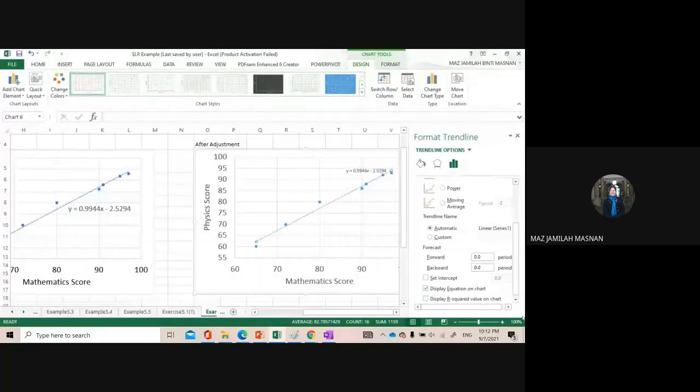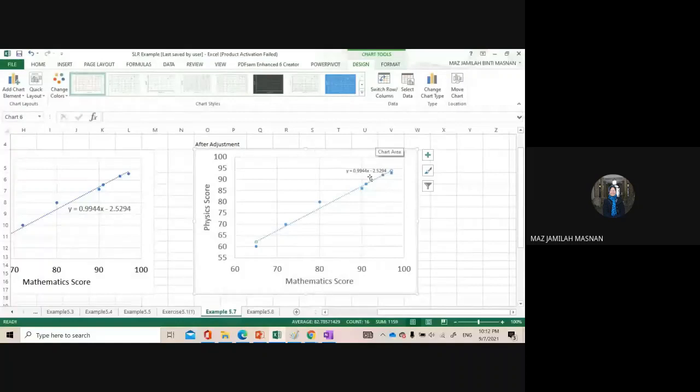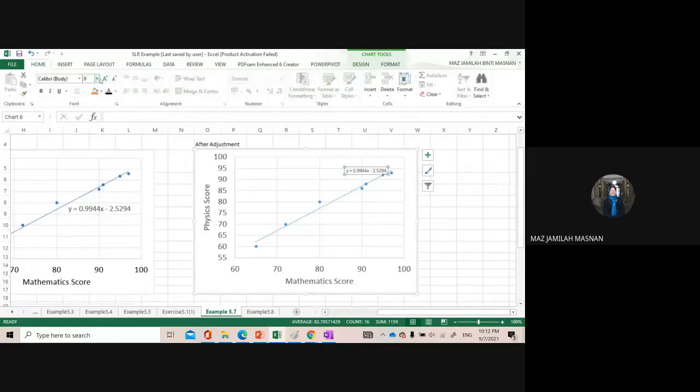For the moment, just show the display equation on chart, and then you can change the font if the font is too small. Go to home, go to font size, and I choose 18. Now this is your equation and this is your trend line. See, the trend line should begin from the smallest point to the largest point,